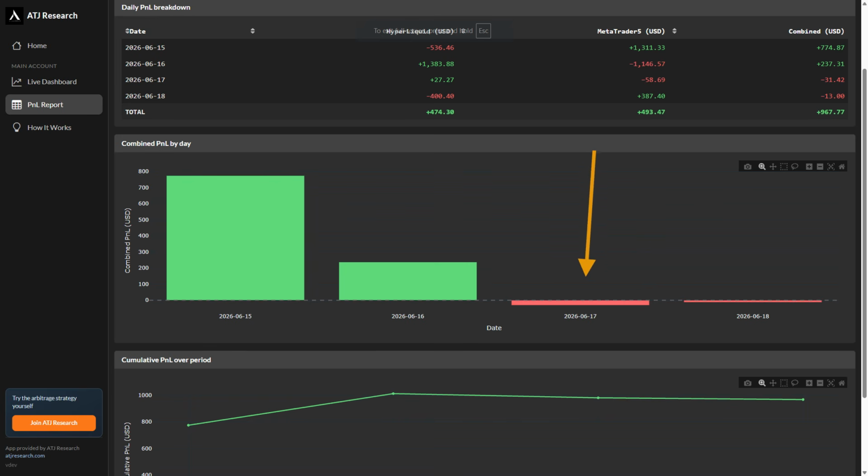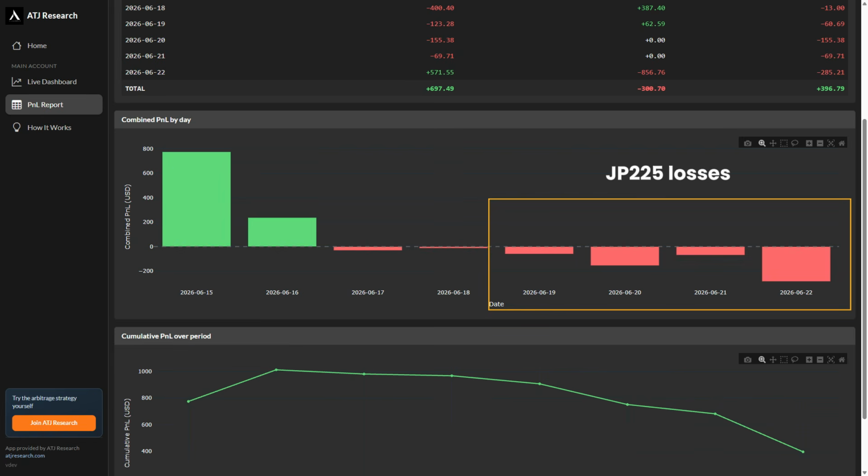On Monday, we had great profits. I think it was around $800 on Monday, and then we made roughly $200 on Tuesday. So within the first 2 days, we made over $1,000 in profit on the 100K account, which is amazing. But later in the week, on Wednesday and Thursday, there was not much activity going on in our S&P 500 arbitrage